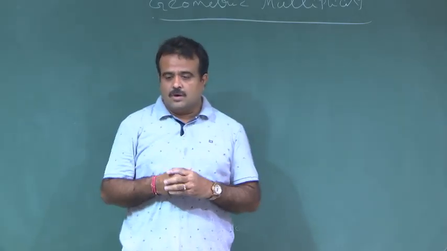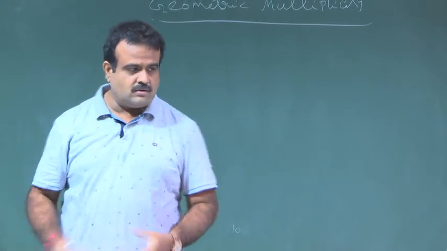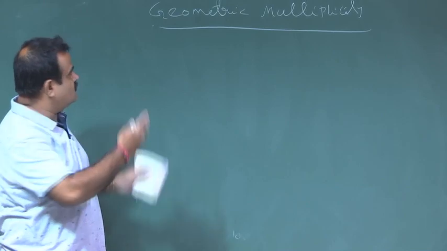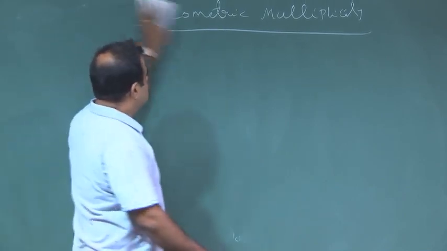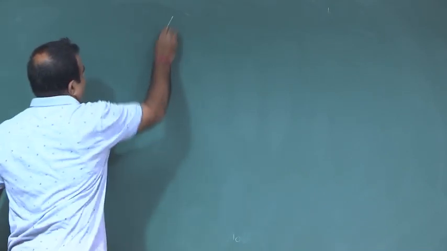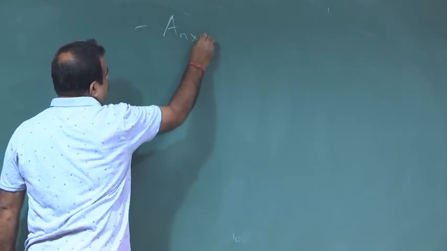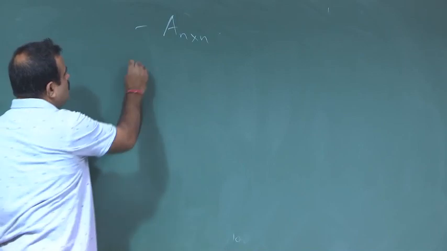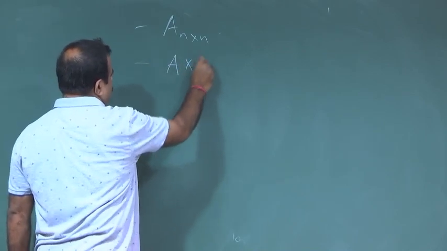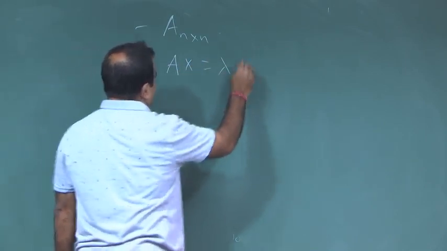Okay, so we are talking about eigenvectors. Just to recap, we will discuss the geometric multiplicity of an eigenvector. So, just to recap, we have a square matrix, an n cross n square matrix. Then we call a non-zero vector an eigenvector of this matrix if